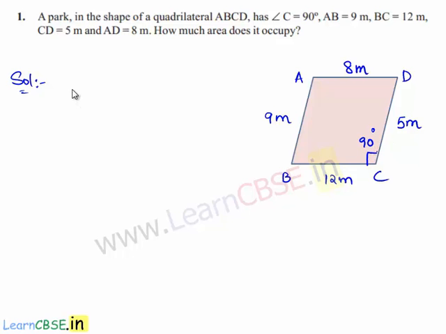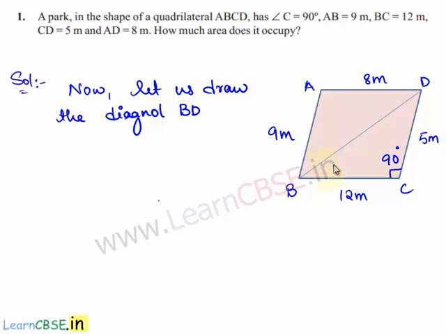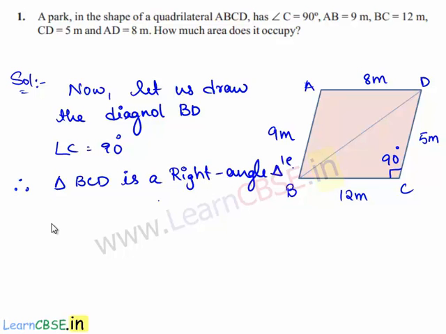So now let us draw the diagonal BD. Now since in the given question angle C is equal to 90 degrees, therefore triangle BCD is a right angle triangle. Therefore, the side BD is obtained using the Pythagoras theorem,